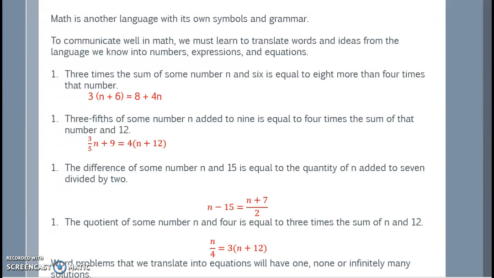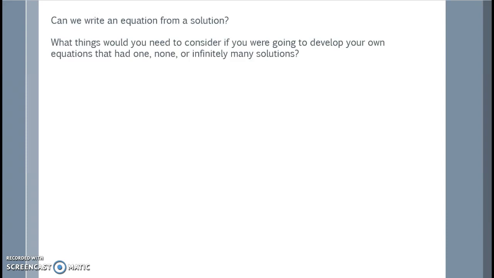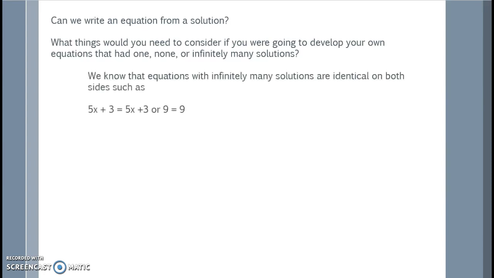Word problems that we translate into equations will have one, none, or infinitely many solutions. Can we write an equation from a solution? What things would you need to consider if you're going to develop your own equations that had one, none, or infinitely many solutions? We know that equations with infinitely many solutions are identical on both sides of the equation, such as